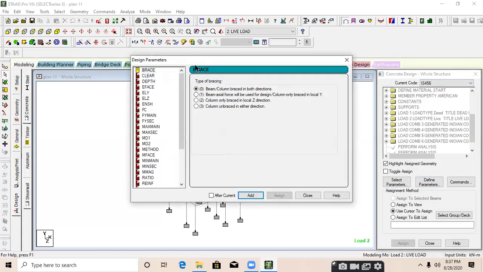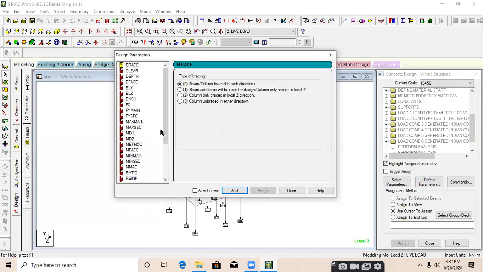When you click on define parameter, a new dialog box will open. In this dialog box, you need to select FC. FC is the compressive strength of the concrete, which means the grade of the concrete, M20, M25, which you want to use. You can provide the value. Suppose I am providing M20 grade of concrete.